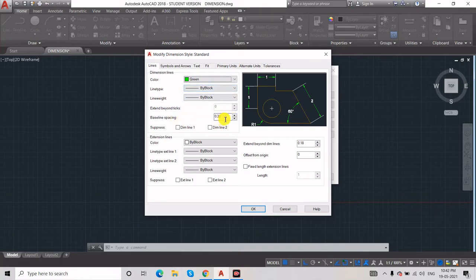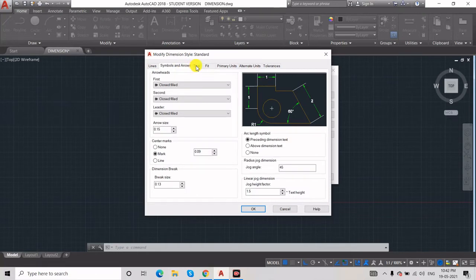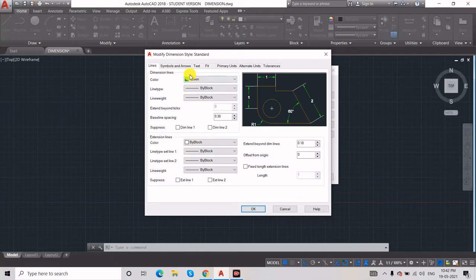The baseline spacing is also kept as it is. Here you only have to change the text height and arrow symbol height, so I will go through them one by one. You can change the color of the dimension line or else leave it, it's up to you.